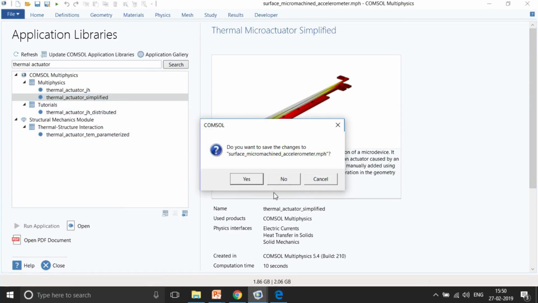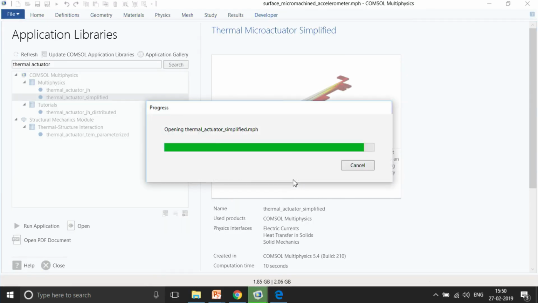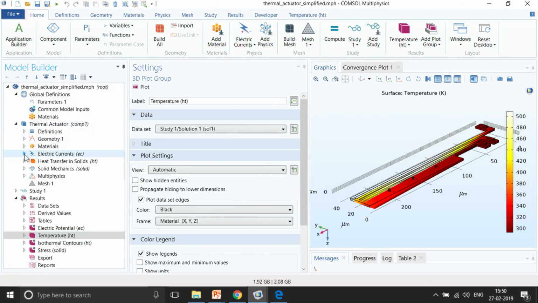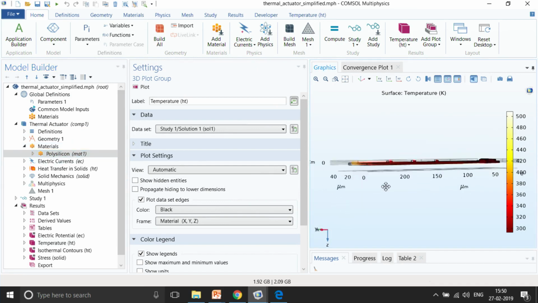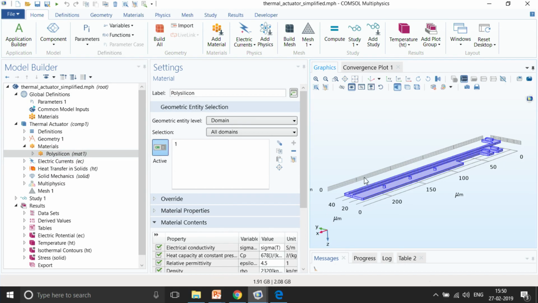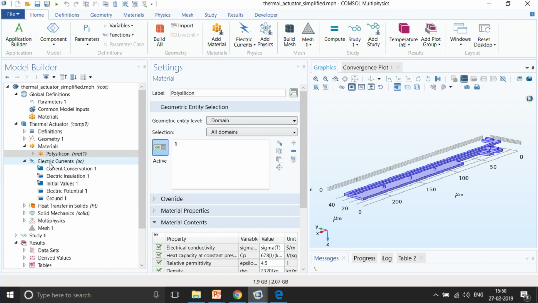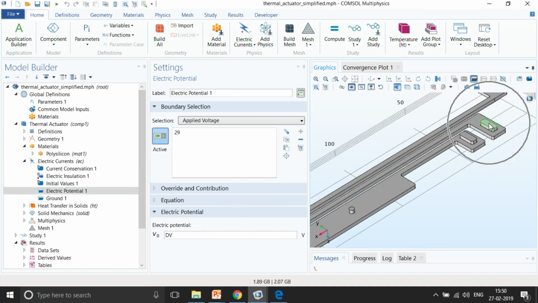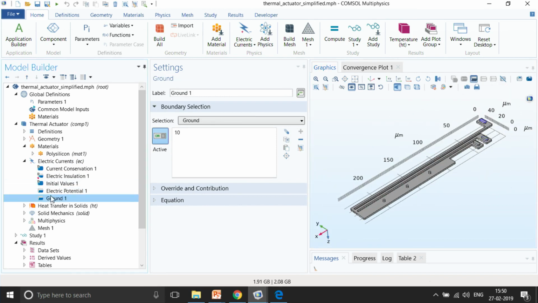Okay, so just open this model. We are also going to do a demo on this model, that would be after this session. And here you can see it's made of polysilicon, right? And then we give, so here there are three physics. Earlier we used to work with only two physics. Now there is the addition of the heat transfer physics also to take into account the temperature rise, and because of the temperature rise, the thermal expansion. So this is the electric currents interface with which we give a particular voltage in this particular boundary, okay, and then ground at this particular boundary, okay.